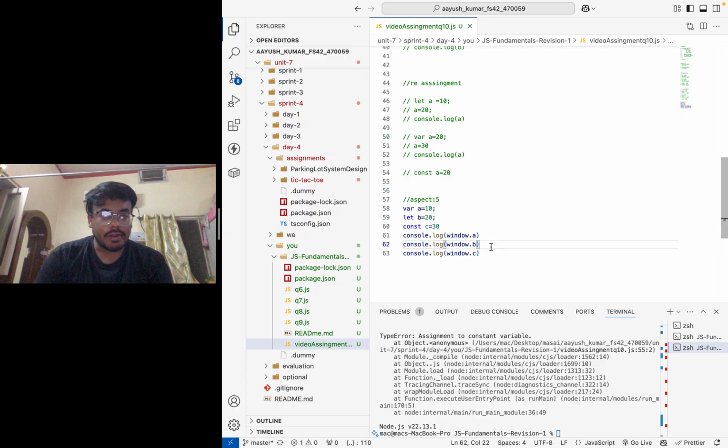The output will be 10. In second the output will be undefined, and in third the same output will be undefined.